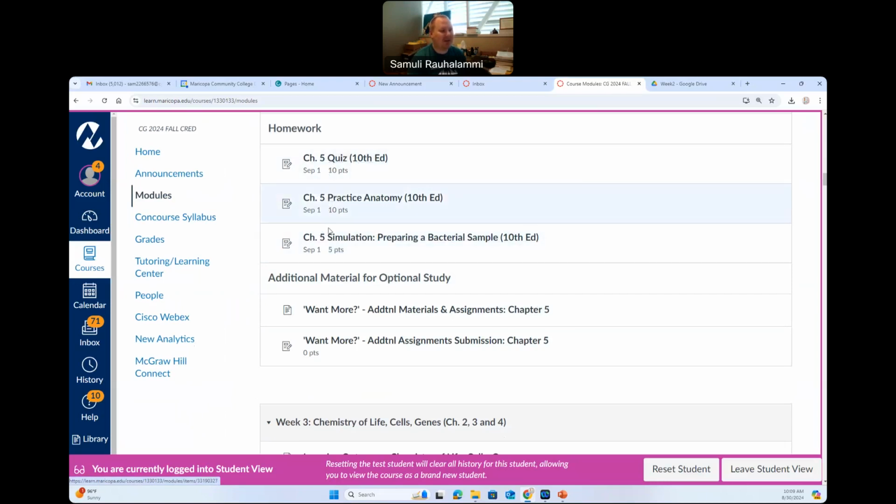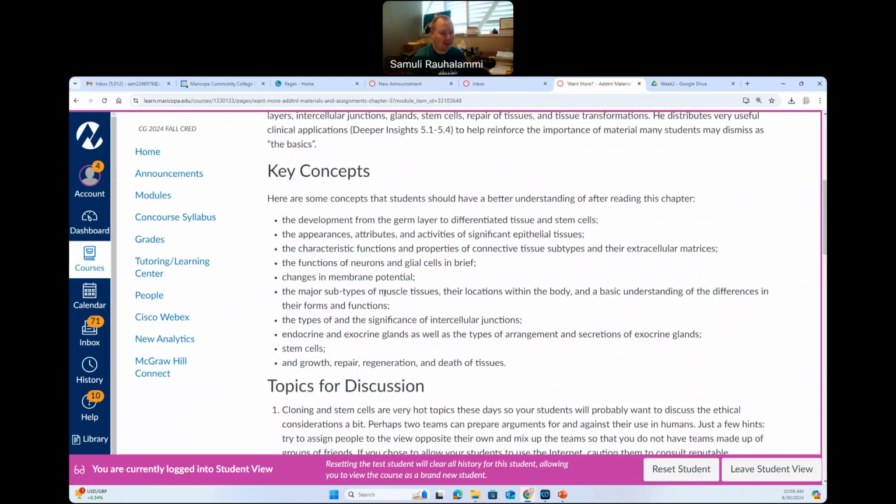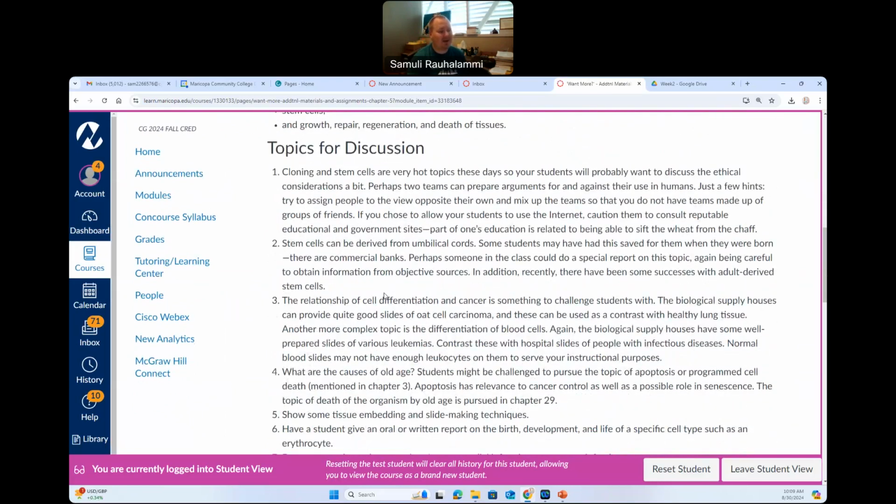If you feel that you did these homework assignments and they were rather easy, or you would want to apply the content from those to more clinical scenarios, these additional optional study materials, which I label as "Want More?" areas, are for you. So in these Want More areas, we have a bunch of additional material. There's a short synopsis of what I want us to talk about that week, key points listed in a bullet point manner, and also I have various prompts.